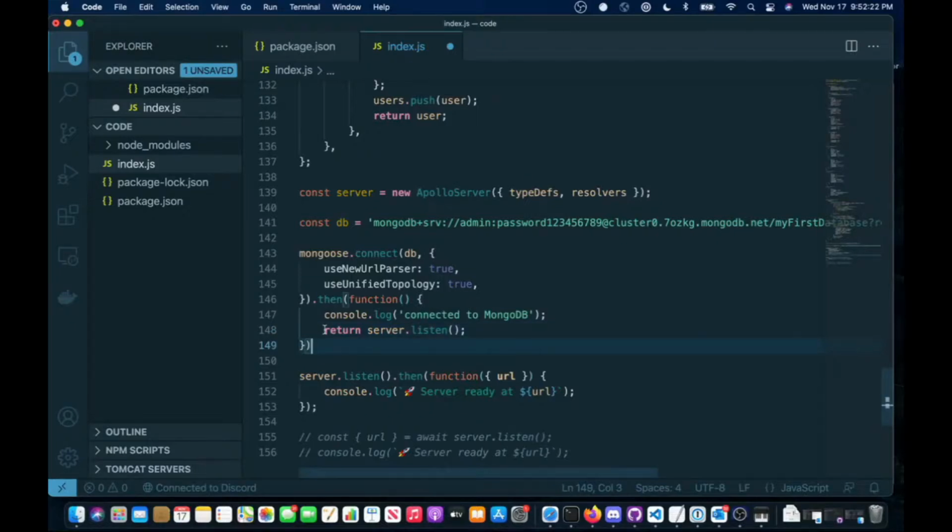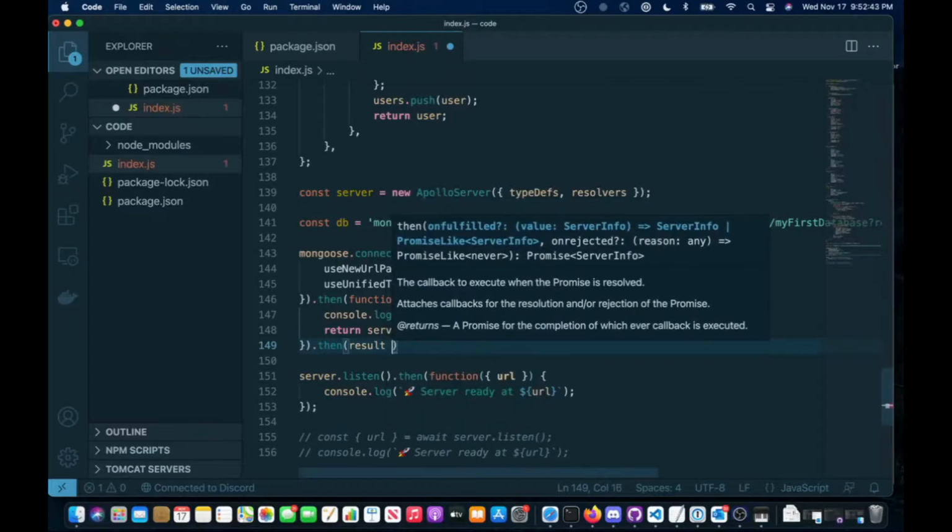So I said earlier that listen returns a promise, and when we return a promise inside of the then function, it passes it down into a chain. So I can say .then